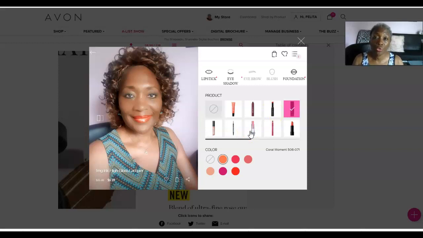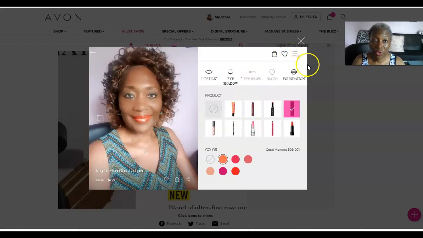Share this tool, let your customers know that this tool is available for them to be able to try it before they buy it. I really believe that, again, this particular virtual tool is going to set us apart from other direct sales companies in the business. Even with Amazon, I don't think I've seen anything like this on Amazon where you can actually try